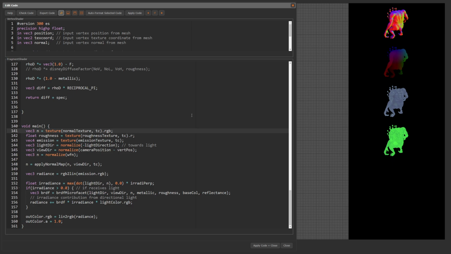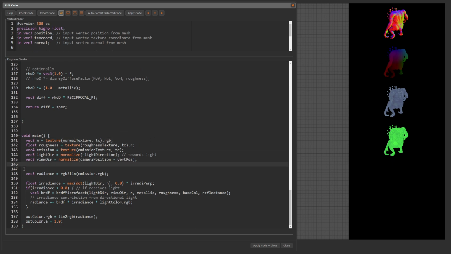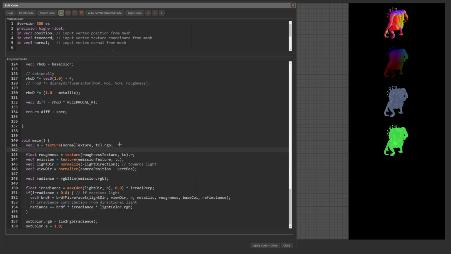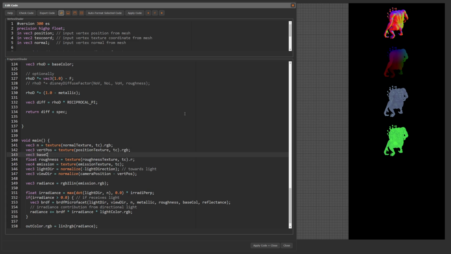We read the surface normal from the texture, so we can remove the computation here. vec3 vertPos equals texture(position_texture, tc).rgb. vec3 baseColor equals rgb_to_lin(texture(base_color_texture, tc).rgb). The rgb_to_lin function performs gamma expansion and is required here because we wrote the base color as sRGB values into the gbuffer texture.